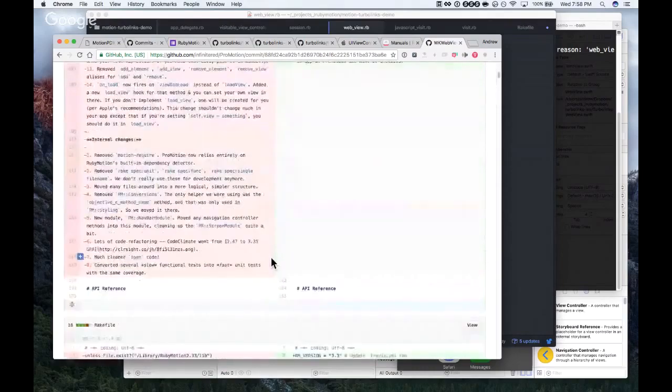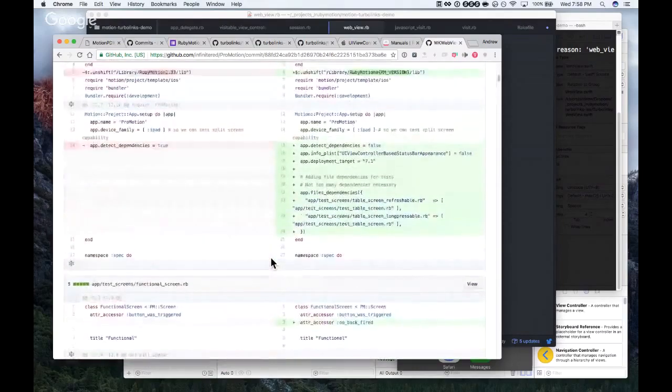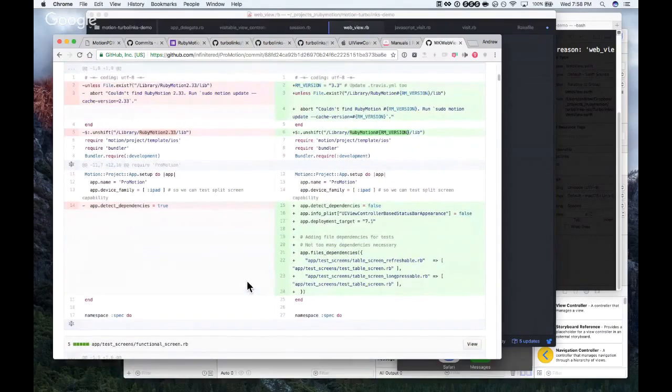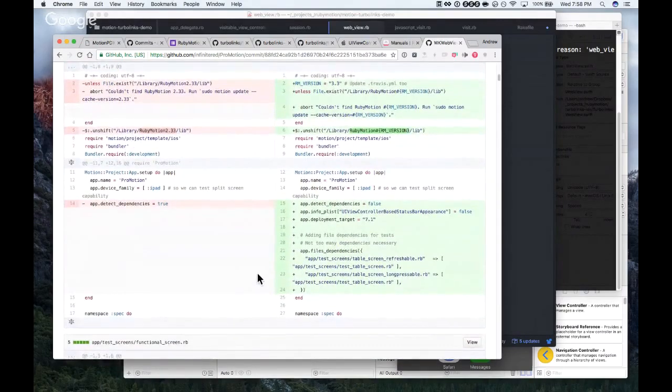Now there's an example in here. Oh, where is it?